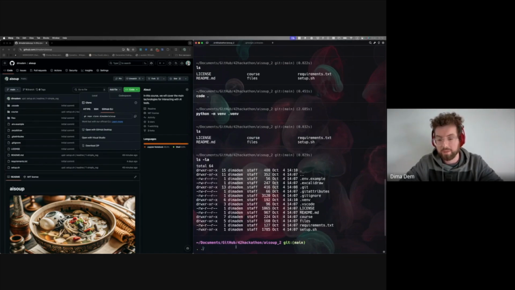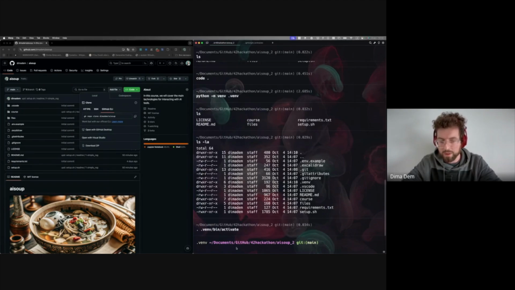So for activating our local virtual environment in Bash, I use source, which triggers the execution file. Then I need to write the route where this file is actually located. So I go to .venv, then bin, then activate. And this command actually activates the virtual environment. So how can I recognize that the virtual environment is turned on? As you see here, I see .venv